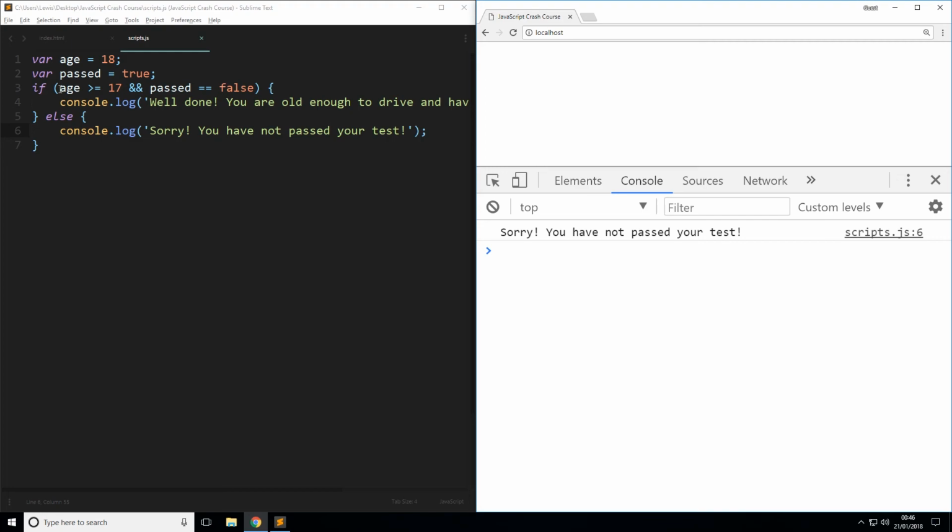Because now we're saying if the age is greater than or equal to 17 and passed equals true, then it's going to output this. An easier way to demonstrate this would probably be to leave age at 18 and passed at true, and then change passed to false. So passed is now false. If we refresh this, we'll get the same output. The age is greater than or equal to 17, so that one's going to be true, but passed is now equal to false. So this one is false, and so it skips out the first one and instead prints out